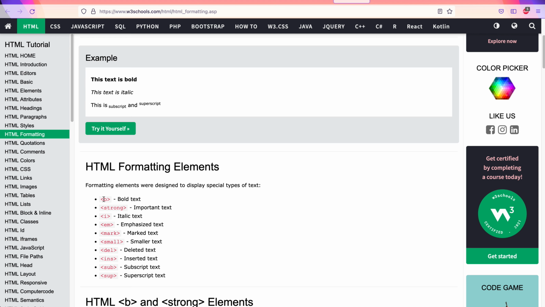The very important one is the B tag. It is a paired tag, and if a client sees a B tag and a closing B tag, it renders all the text between these two tags, between the beginning tag and the ending tag, in the bold font. See this. This text is bold because it is put under a B tag. Let's see.